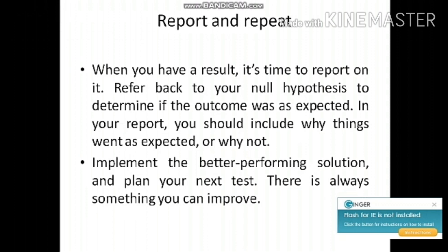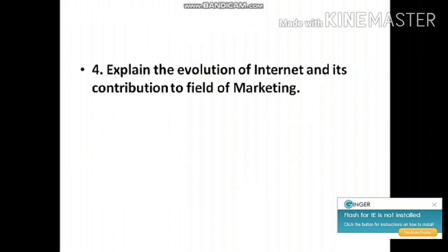After running the test, the marketer creates the report and analyzes whether the expectation level is met by the website and customer optimization, that is, conversion optimization. Suppose the expectation is fulfilled, automatically repeat the same process. If the expectation is not fulfilled, the person moves on to the other steps.